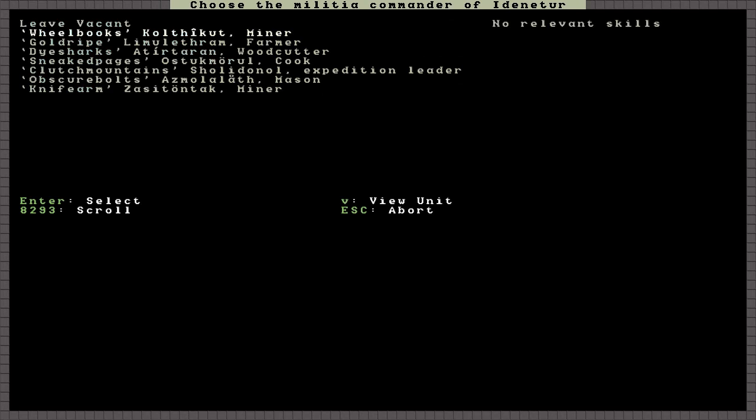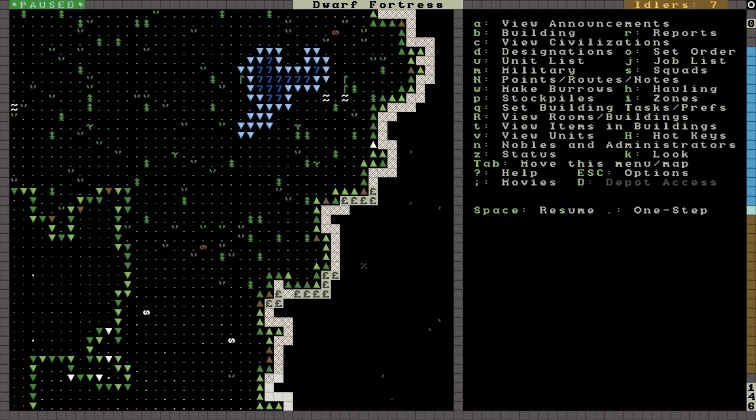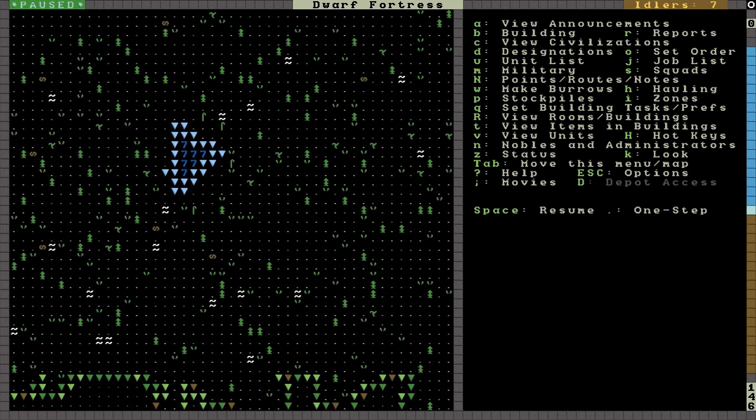The militia commander is going to be the woodcutter. But we won't worry about that anytime soon. We'll organize the military when it needs to happen. So I did not see any critters around. So I'm thinking...